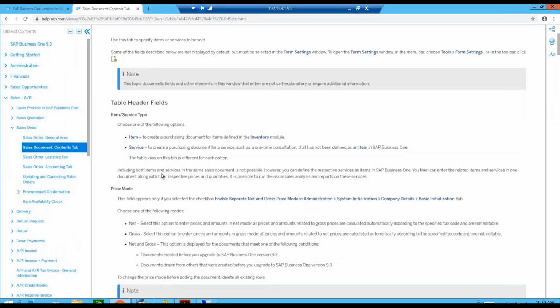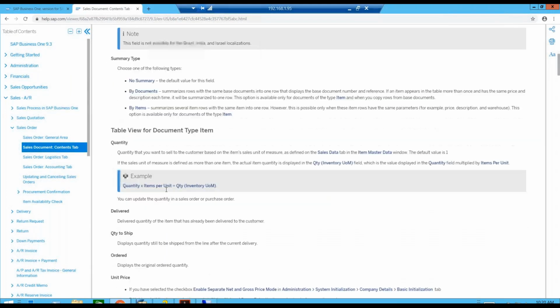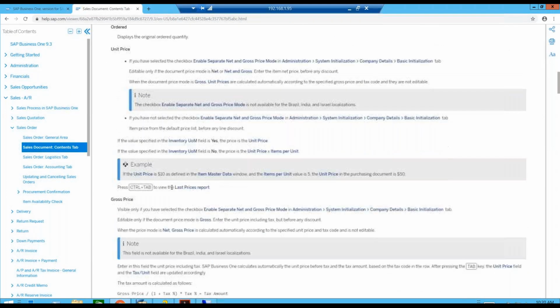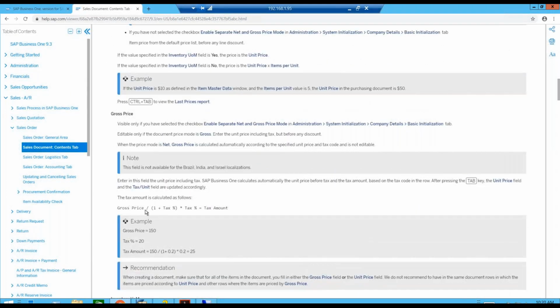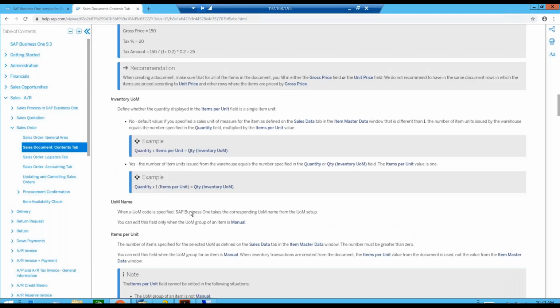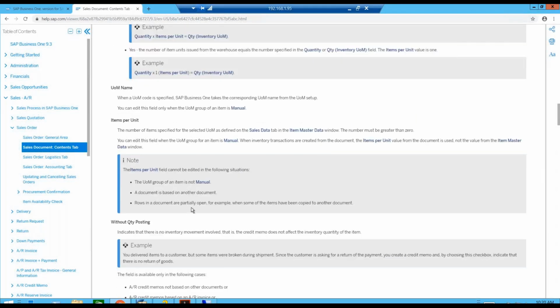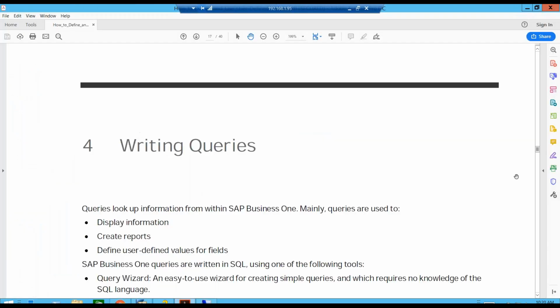So if you needed to understand what the different fields do and how that might impact your query, you have the ability to come in here and understand, okay, well, what is gross price and how is it calculated? And if you need to be able to repeat something like that in your query or to be able to modify something differently, again, you'll be able to do so and include or exclude data with a good understanding of the document. And then the last piece of documentation that I want to introduce, as I mentioned, this is